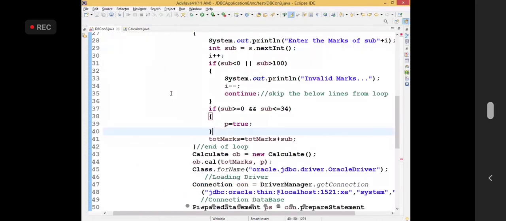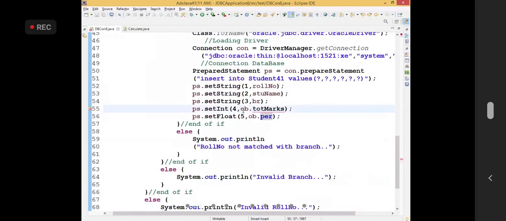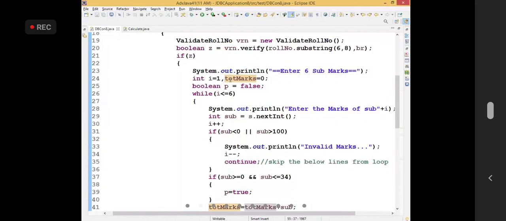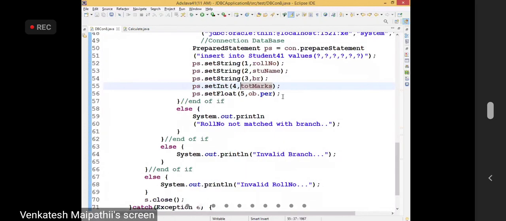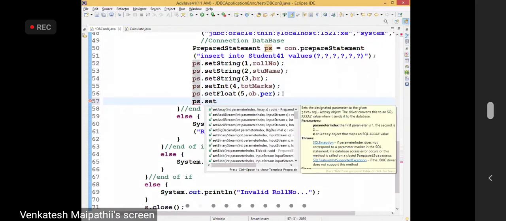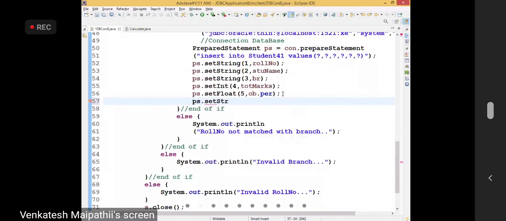Here there is no need of OB because I am calculating total marks here only, in the main method. Okay, right. Percentage. PS dot set string, parameter index 6. This is OB dot result. All have understood this, right?